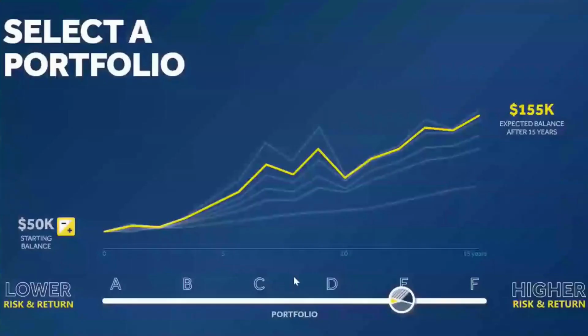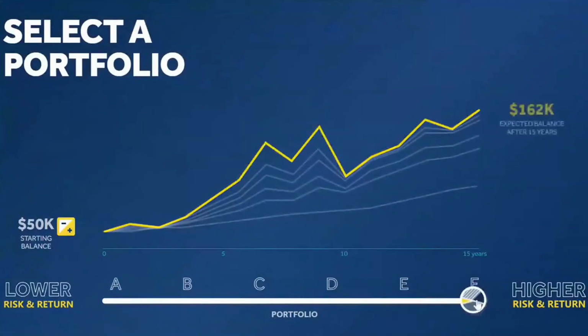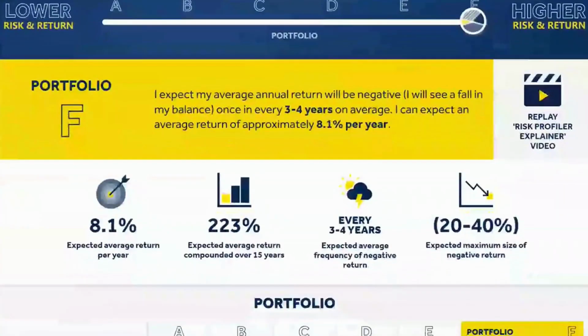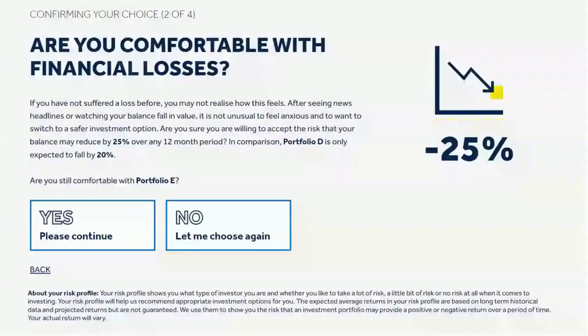So if they go no, it would take them back to the front screen, and then they can play around. Obviously, it's prompting them here to have a look at Portfolio F, so that maybe they want to go in and have a little bit more look at Portfolio F and what the risk return trade-off there is, or they can go, no, I am happy with what my choice is.